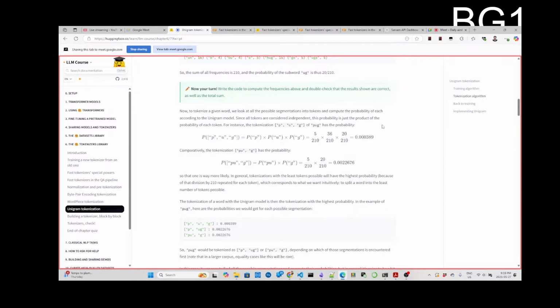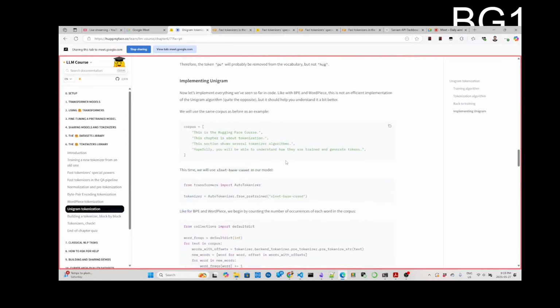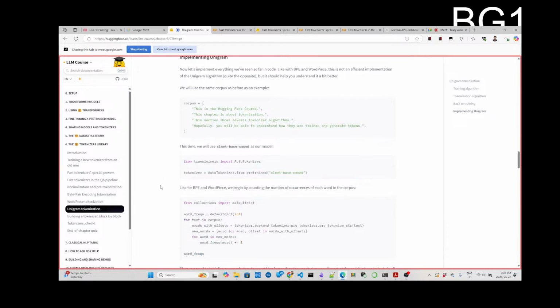So that is all. Again, what is the practical implication? Like, where is this used nowadays? I don't know. It seems impractical to make such a huge vocabulary to begin with and then keep reducing. But this is the training part, right? That is there. But yes, I think to your point,